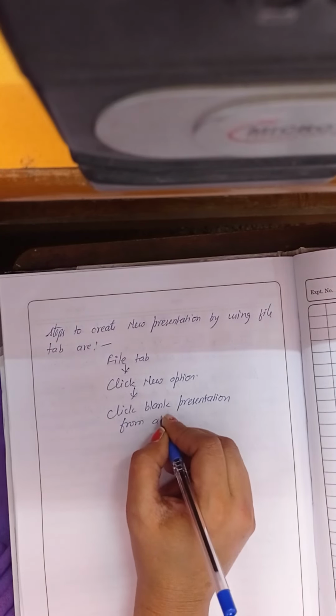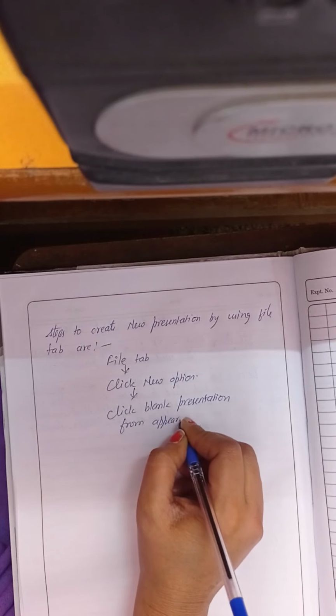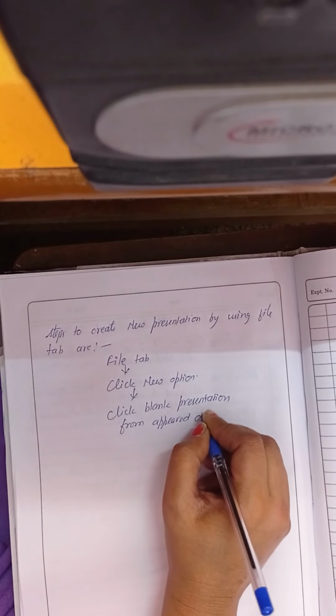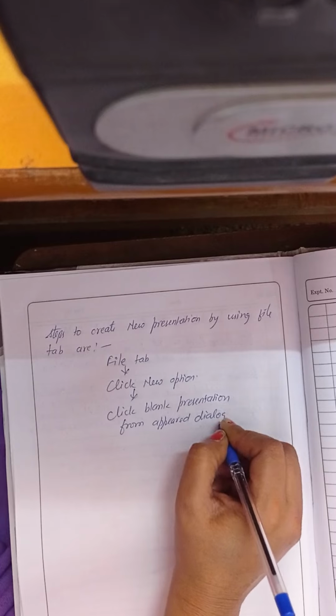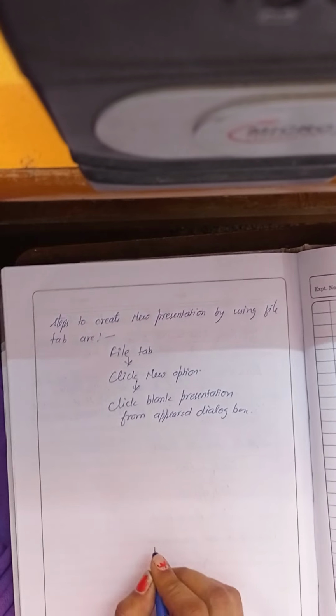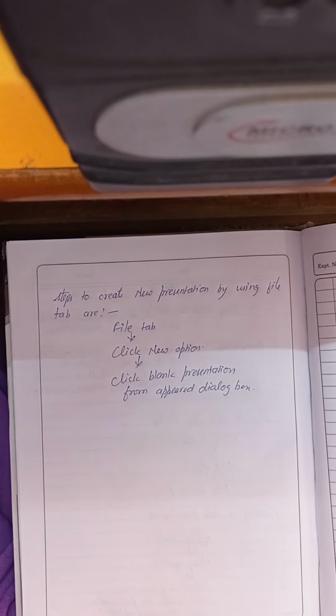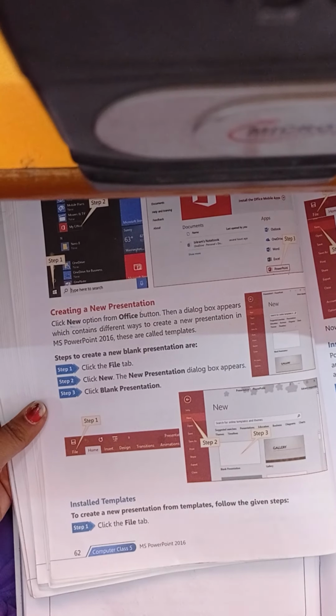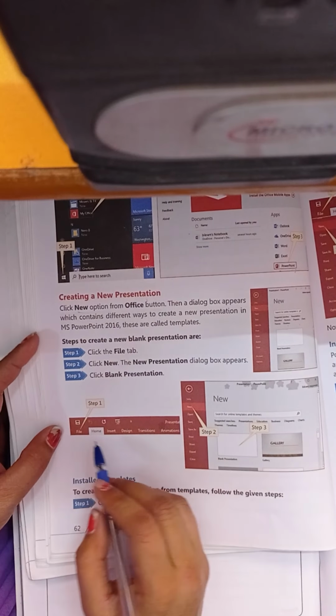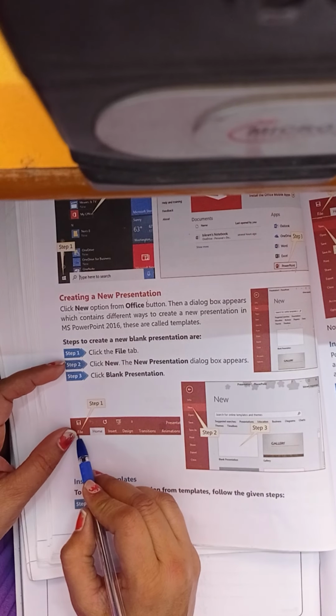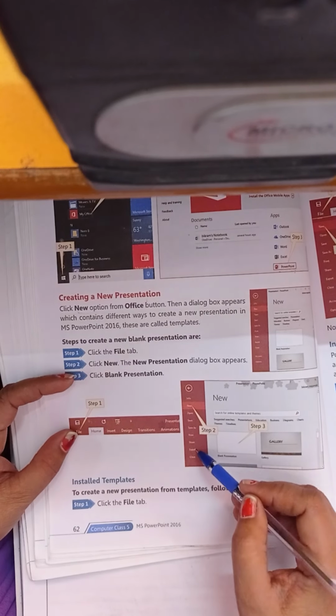From appeared dialog box. See steps from here. We have to click on File tab. As we click here we get this list.